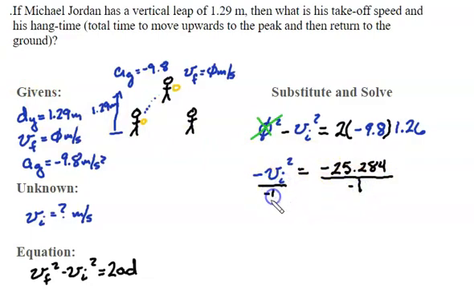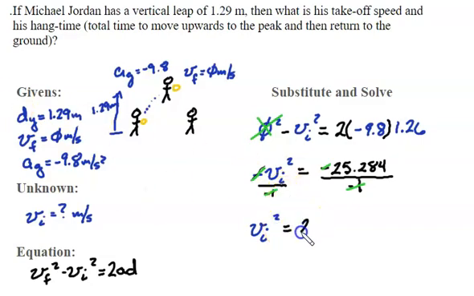And that cancels the negative, leaving me with velocity initial squared